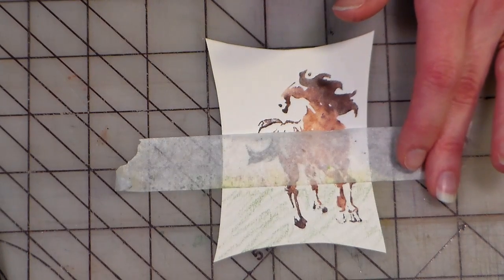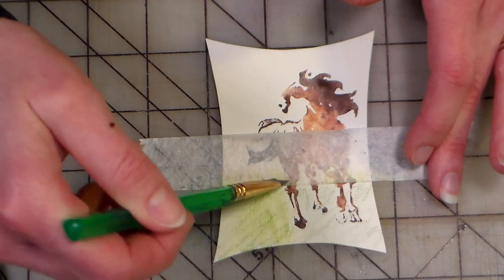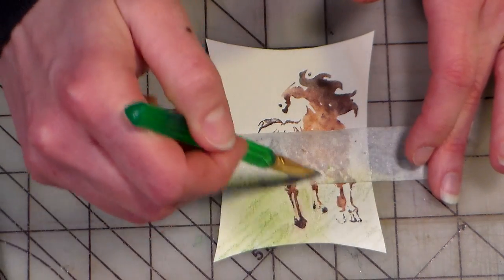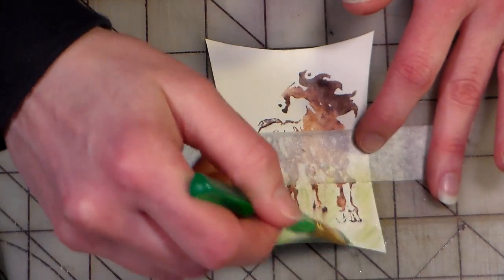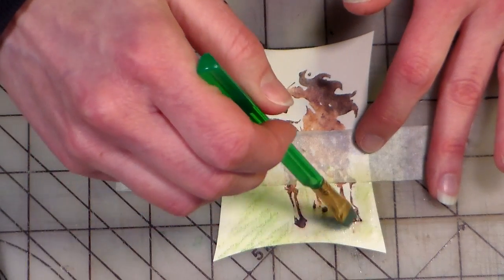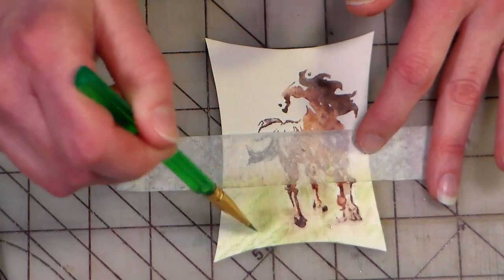And then I'm just going to wash off my brush because I have no idea what's on there. There could be any color on there. And I'm just going to liquefy it, and I can go over, but you could see what I was talking about: sometimes when you stamp, the color doesn't lock down to the paper as much. We've got that situation going on there, but I actually want a little shadow under the horse, so